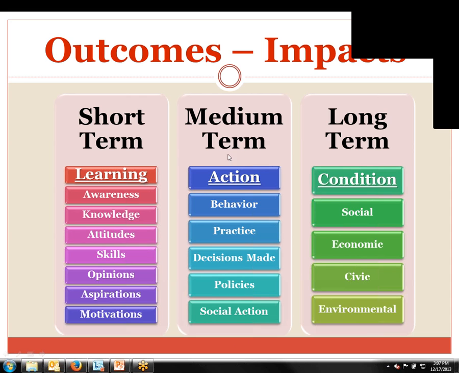The medium term is really where, at least in New Hampshire and Wisconsin, where I served in extension and where I've been working across the country, these action outcomes are really where we set the bar. We want a program to last 3 years, maybe 4, and as a result of that program, people are now doing something differently. So then you take a step back from there and you say, okay, so what do I